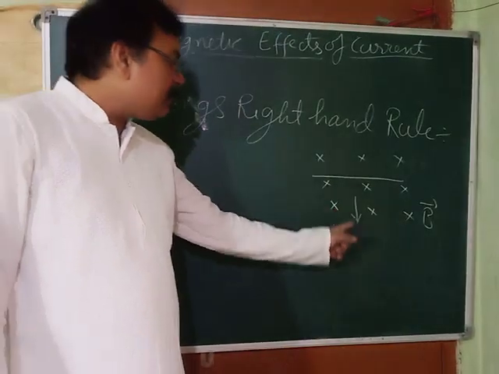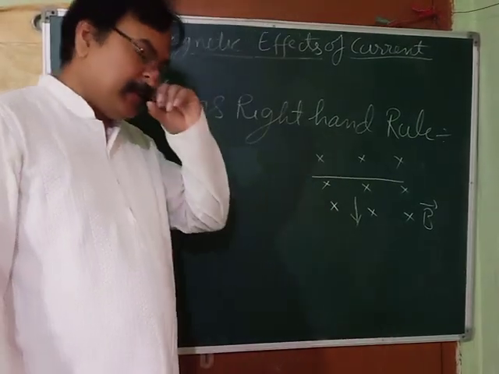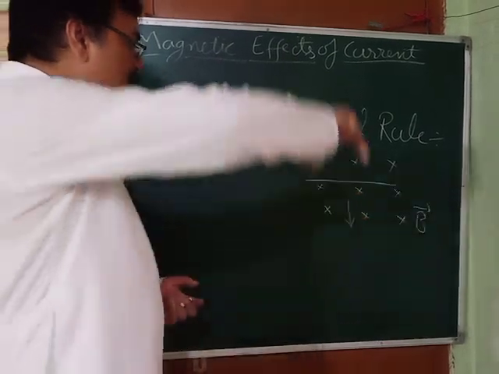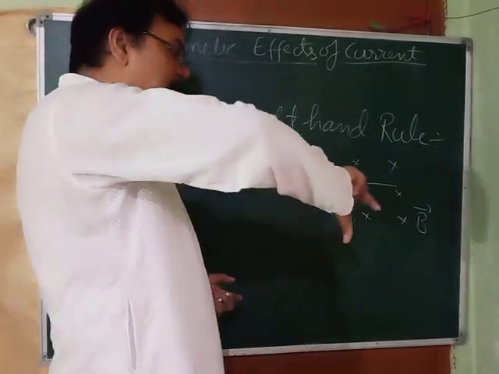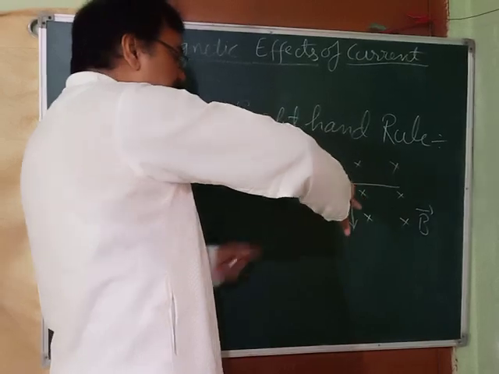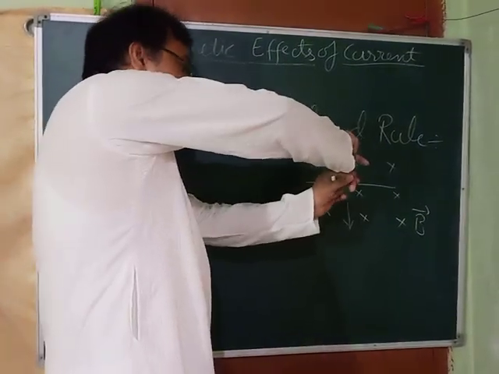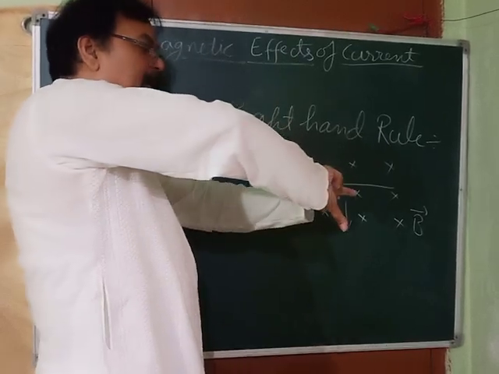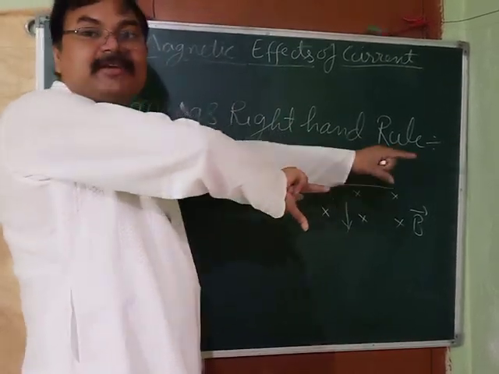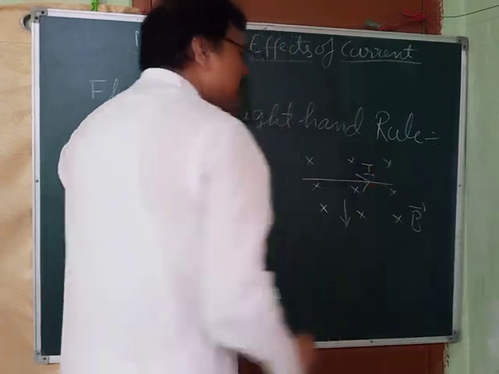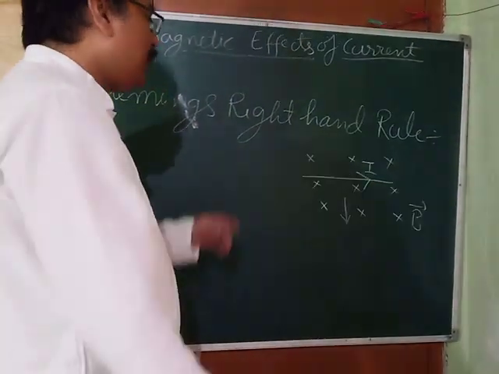It is falling in the downward direction through this magnetic field. So what is the direction of motion? This is the direction of motion. This is my right hand. Direction of motion is downward. Magnetic field is inside the board. Index finger inside the board. Thumb, direction of motion of conductor, downward. Middle finger is indicating which direction? In that direction. That means induced current will be there in this direction. Got it?